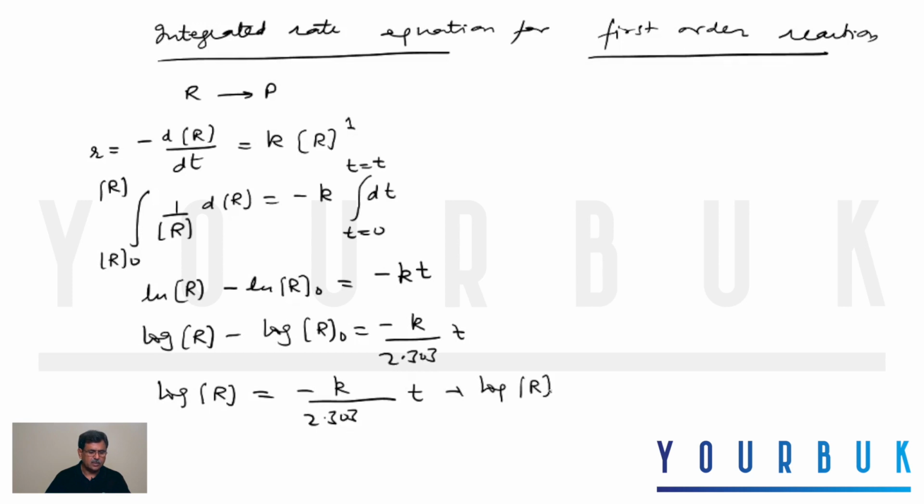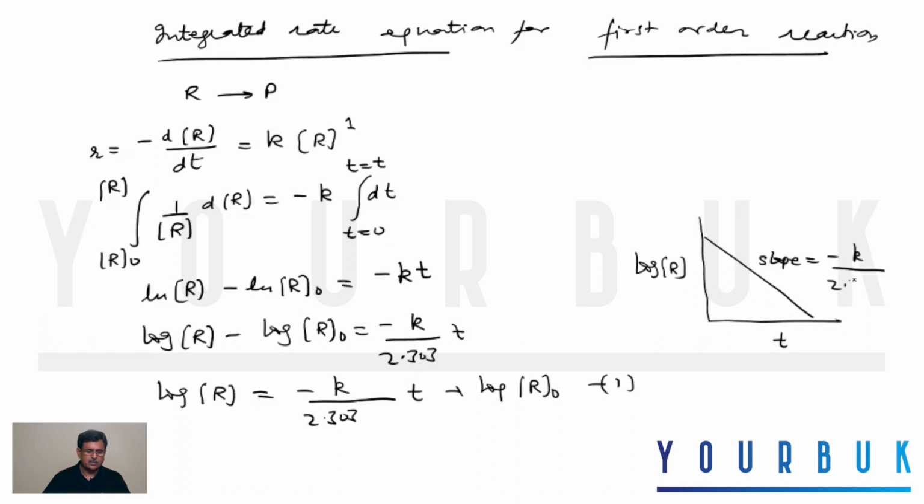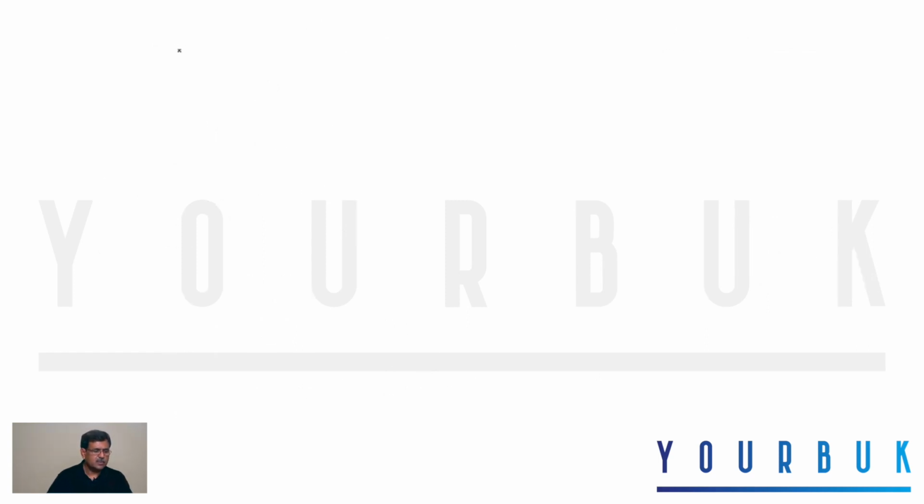Now this is a very important equation number 1, and if we plot a graph between the log of concentration against time, it gives a straight line with negative slope, and slope is equal to minus K upon 2.303. So if we know the value of the slope, we can calculate the rate constant, and the intercept is equal to log of initial concentration of the reactant R naught. And the rearrangement of this equation gives the integrated rate equation. K is equal to 2.303 upon time log of initial concentration upon the concentration at the end of time t,